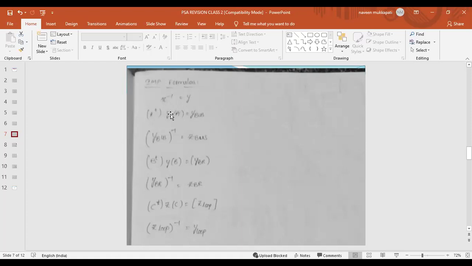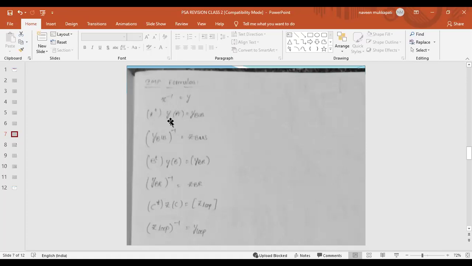Next, we have another method, which is the last topic of the first unit, that is the direct inspection method. By using the direct inspection method we determine the Z bus matrix. In the first unit we have only three topics or three methods of problems. The first problem is the per unit values: how we draw the reactance diagram and how we find the per unit values. That is the first method.